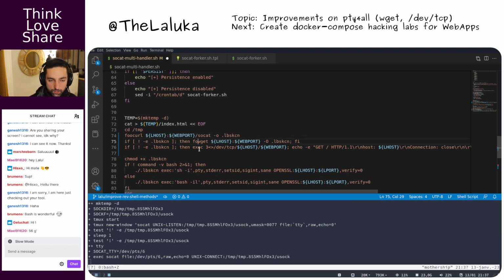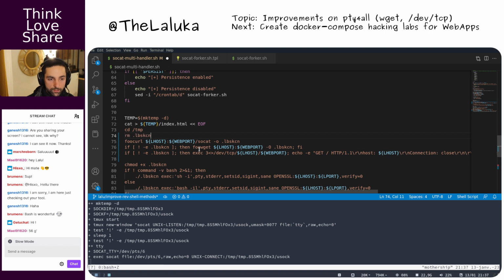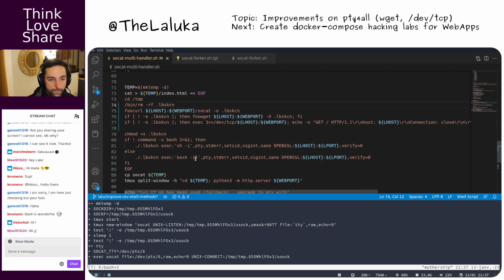Just want to make sure. Actually, let me try to remove this one just before trying my payload, to be sure that this one is actually not a legacy from what was already there. So let's test things out.